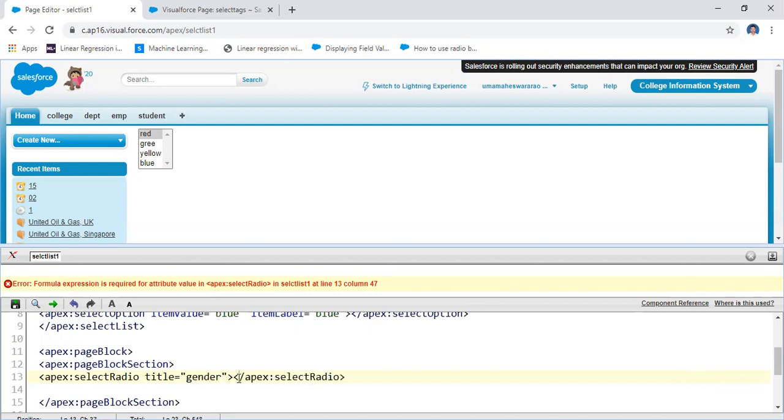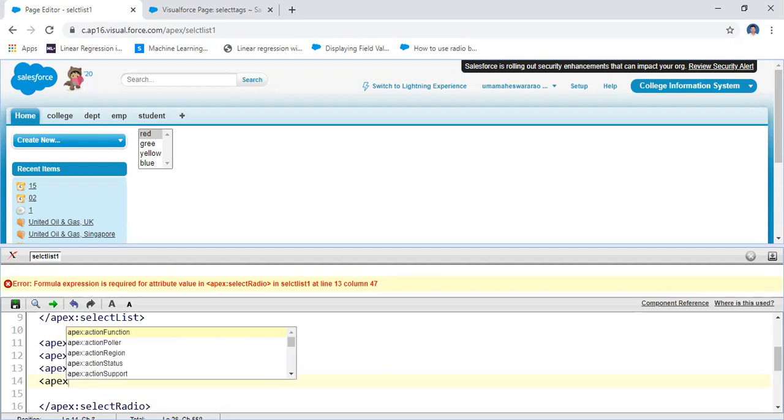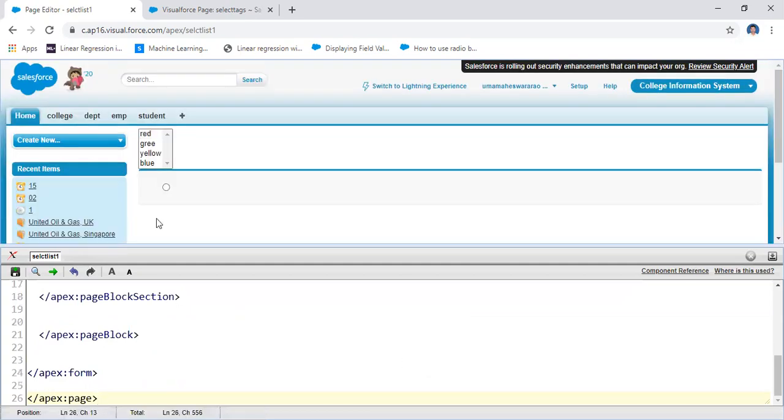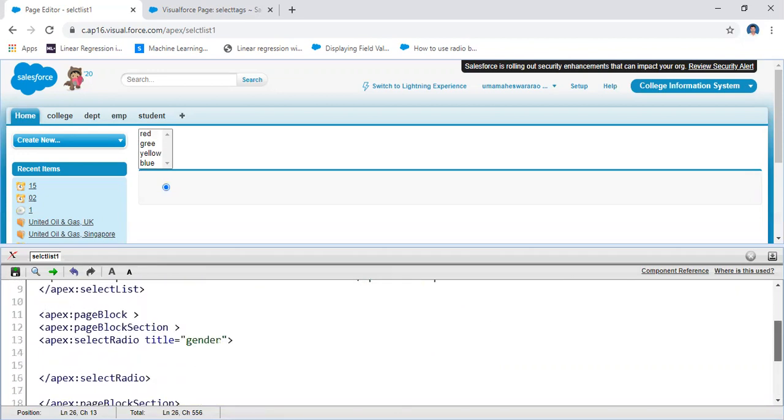That means in between the radio button I'm going to write some buttons. That means how can you write these buttons here? Apex. Here if you execute this one, what is the value? If you execute this one, yeah, it displays like this. Nothing was there for the radio. Here you may use different values for the radio button. Here title equal to gender. Here I'm writing the gender, and then the values I'm going to write here.